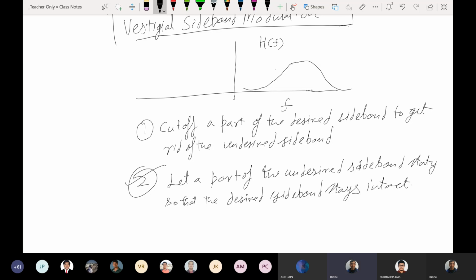So we want the signal that we transmit to be received as it is. That is a primary requirement, that whatever we transmit should be received as it is. Because of that, we'll let a part of the undesired band come through. We'll deal with it. So we'll waste some bandwidth, not the entire 2x bandwidth. We'll waste say 10% or 15% bandwidth, but that will allow this original signal to pass through unaffected.